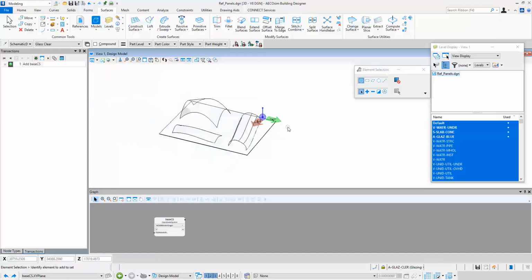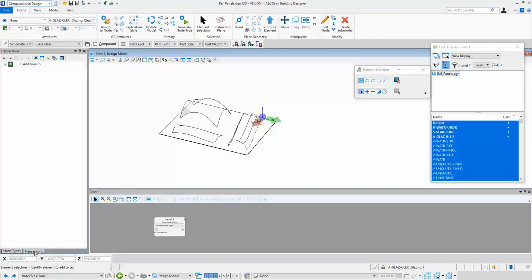So now it comes time to apply that panel that we looked at earlier to each one of these surfaces. Here we're going to use a little bit of generative components to do that. The key thing here with generative components is we don't have to move out to a different environment. We can model to our direct modeling or parametric modeling in amongst computational design, which is very powerful. So first thing I'm going to do is attempt to grab each one of these surfaces and turn them into generative component recognizable objects. So we might just go to our computational design workflow,